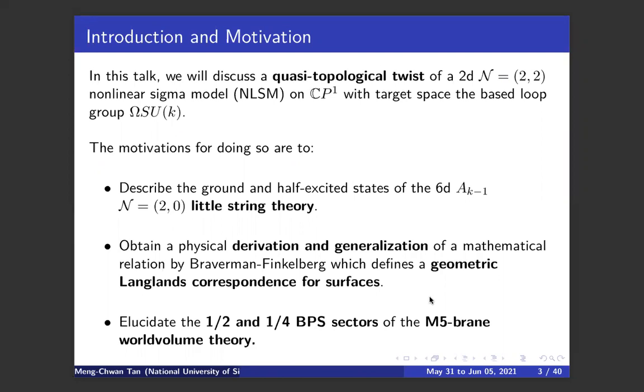Okay, it involves instantons on 4-manifolds on one side, and affine algebras on the other side. We would again be able to use this model, and a theorem by Atiyah, to derive this Braverman-Finkelberg result for geometric Langlands for surfaces and also generalize it. So we would regard this physical derivation of a math result by Braverman and Finkelberg as some kind of mathematical verification or corroboration of what we are doing so far.